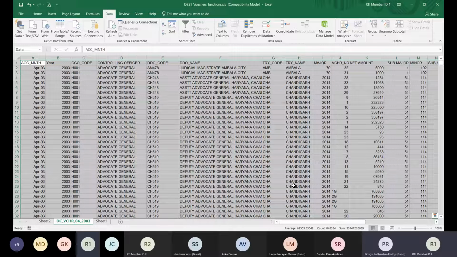डीडीओ के अंदर ट्रेजरी है, या ट्रेजरी कोड है उसके अंदर डीडीओ है, और बाद में वाउचर नंबर है। तो वैसे आप अरेंज कर सकते हैं अगर डाटा अरेंज नहीं है तो। और अगर आपने डाटा अरेंज किया है तो आप सब टोटल ले सकते हैं ऑन दैट पर्टिकुलर जो आपने जिस तरीके से अरेंज किया है।